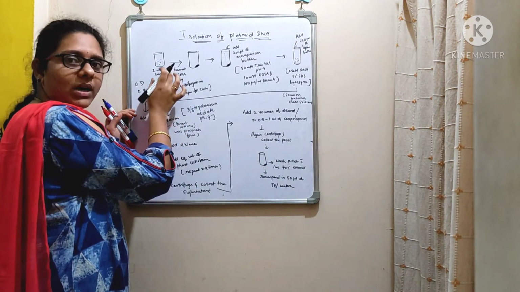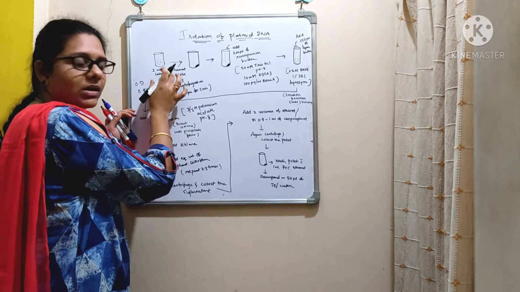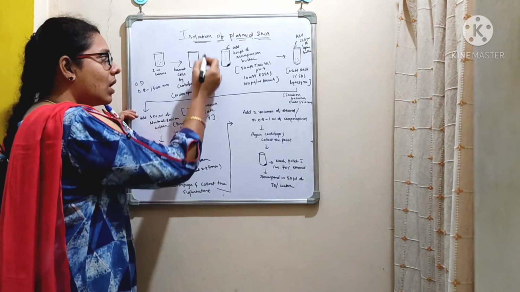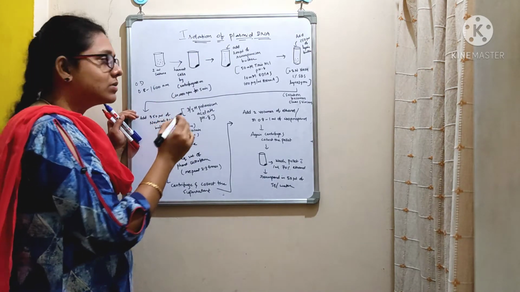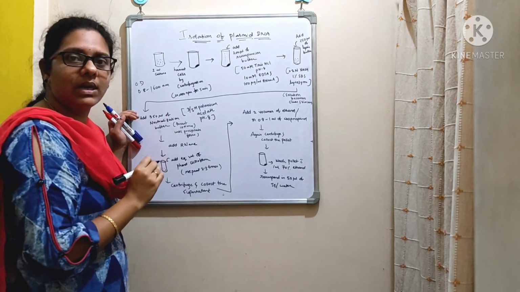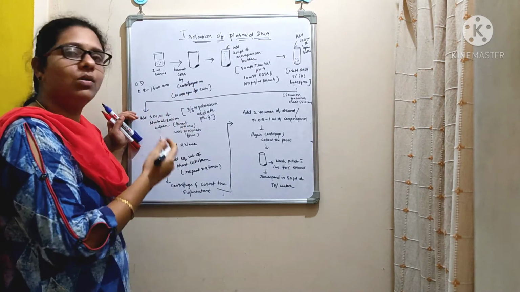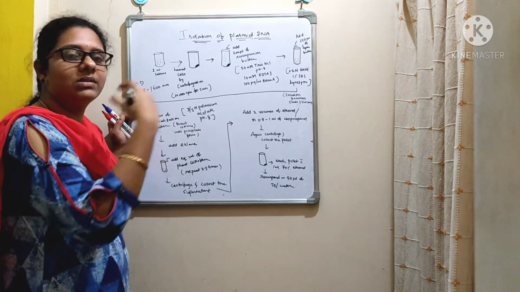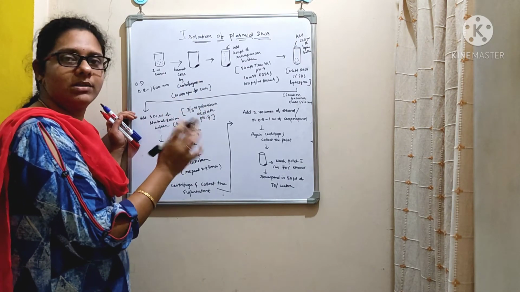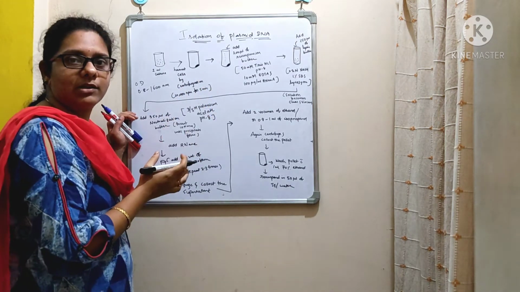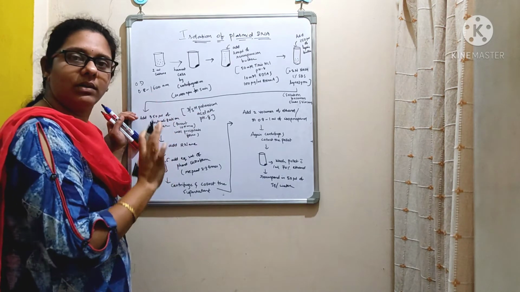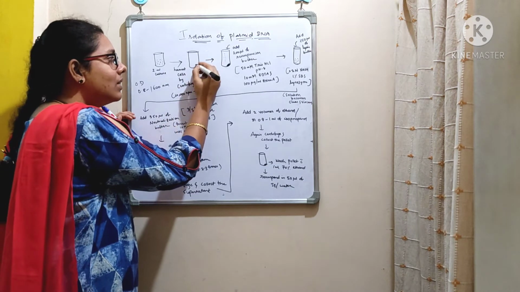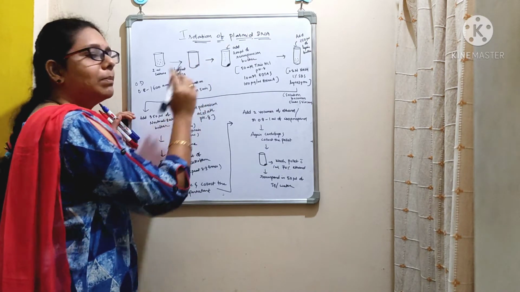So this 2 ml of culture in the Eppendorf tube is to be kept in a centrifuge, because you are going to harvest the cells. You are going to centrifuge at 10,000 rpm for 5 minutes, or you can go with 8,000 rpm for 10 minutes. If you reduce the rpm, you can just extend the time. Based on your convenience, you can plan the experiment. Just keep it in a centrifuge at 10,000 rpm for 5 minutes. Then based on the density, all the cells will settle at the bottom forming a pellet.